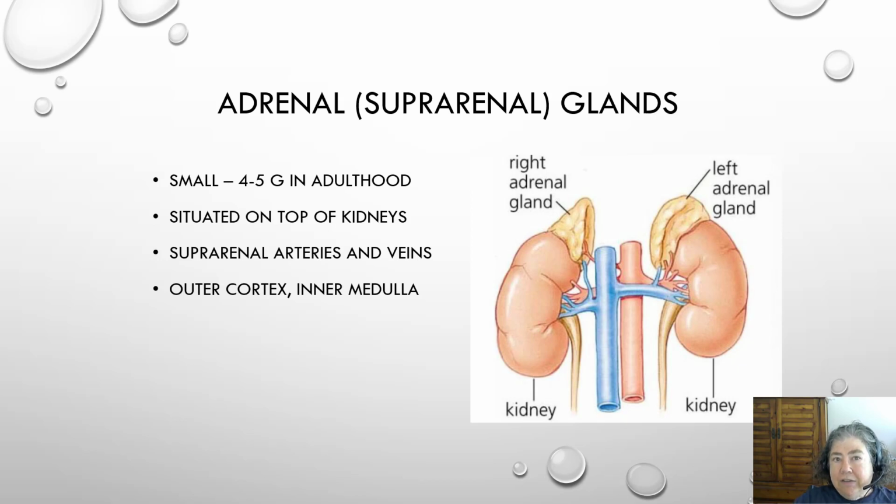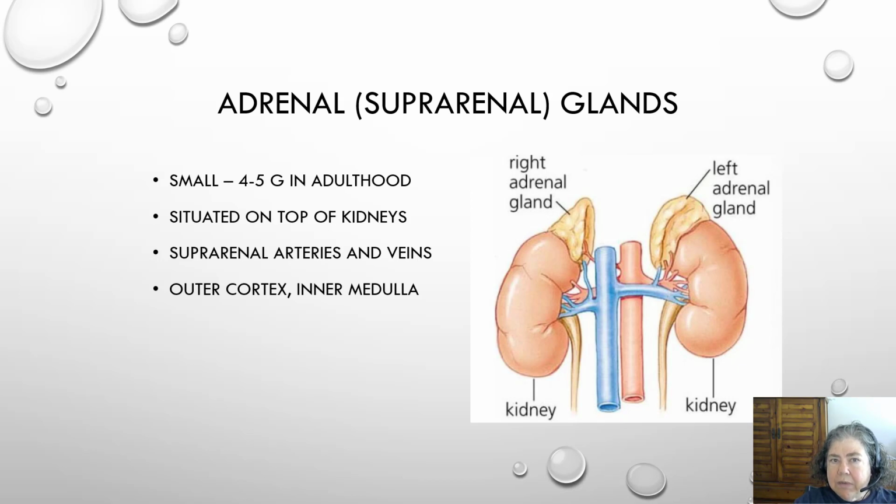So let's move on to the adrenal glands. The adrenal glands are also called the suprarenal glands. They sit like little caps on the kidneys and they're quite small. So in adulthood, each adrenal weighs 4 to 5 grams. They have their own arterial and venous supply from adrenal arteries and adrenal veins, and they have an outer cortex